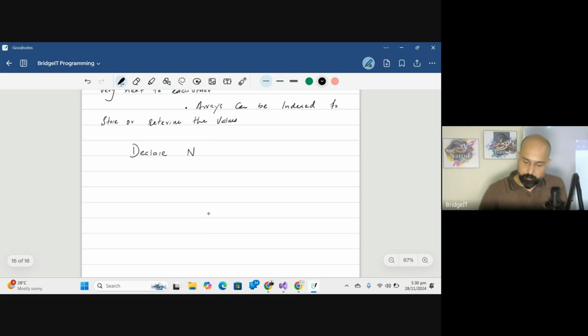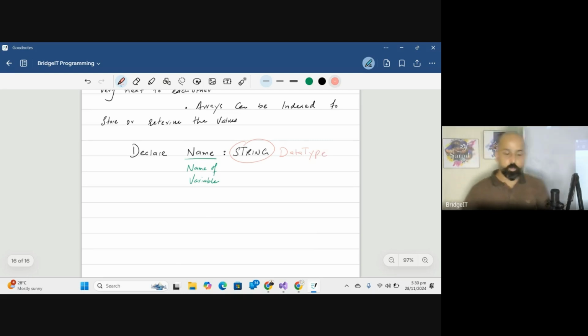for example, name as a string. Many people already know this. Name of variable, data type. You know this already? And once we run this command,